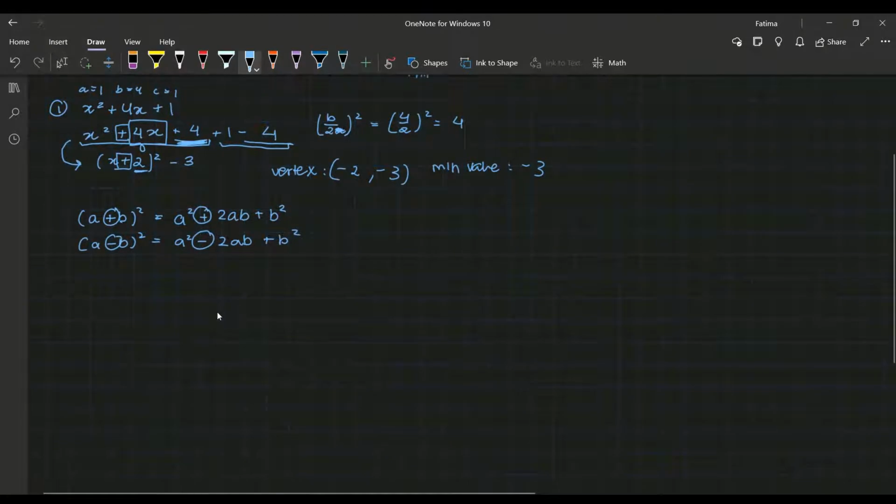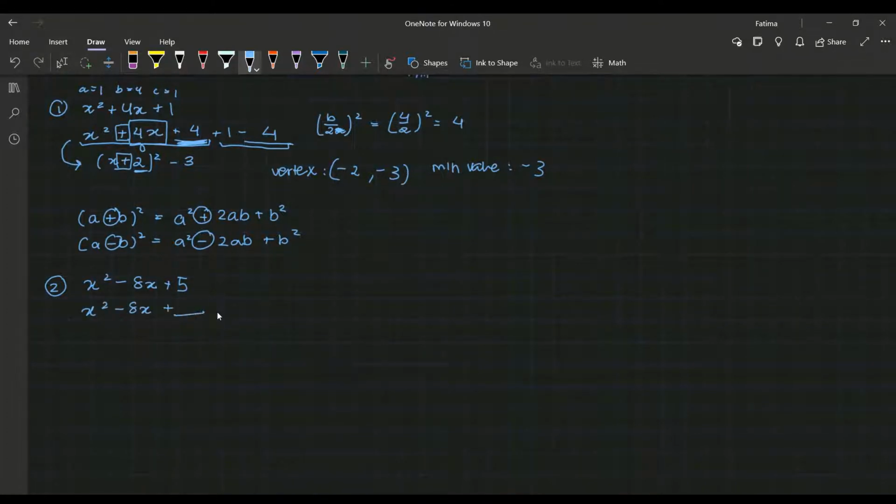For the next question, let's say we're given x squared minus 8x plus 5. I suggest pausing the video and attempting it yourself for this question and the questions ahead. So now to solve this, it would be x squared minus 8x plus something, and the plus 5, and then